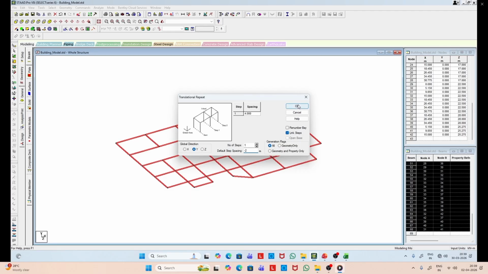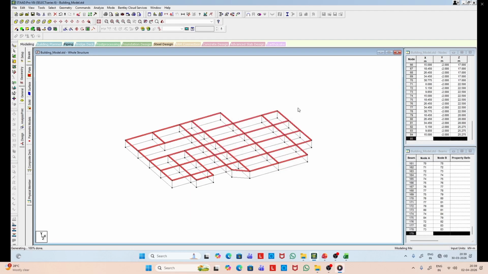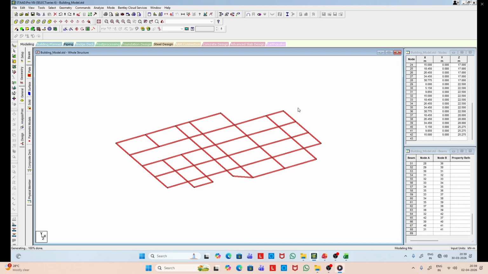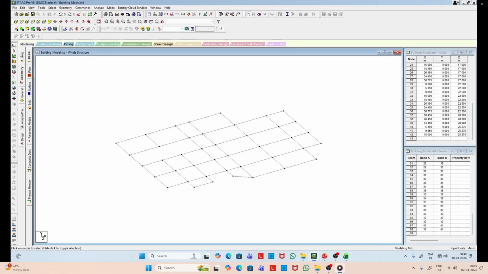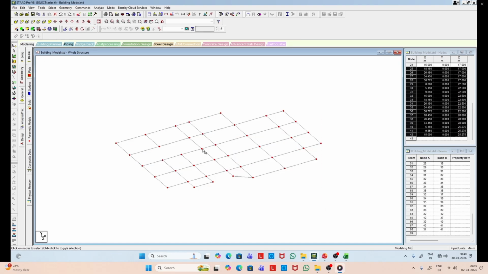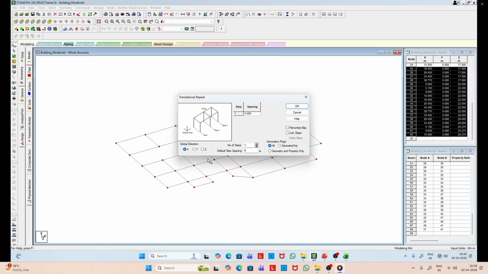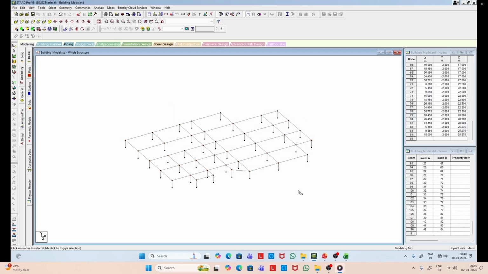Now first we have to create a 2 meter high. This is actually from the ground floor to the foundation level we have 2 meter short columns. So that's the reason we have in the -2 direction only the columns extended.